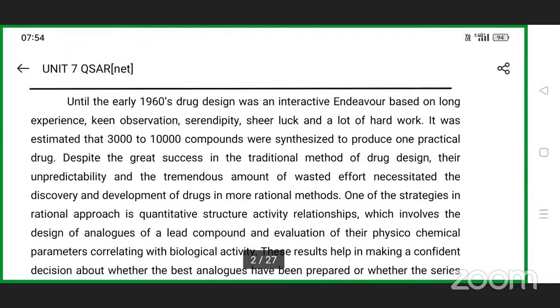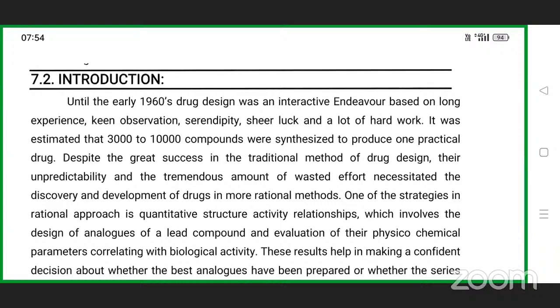So in the traditional approach, it was very difficult to invent a drug compound,